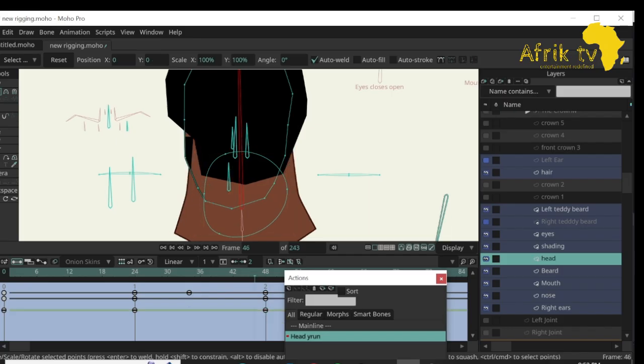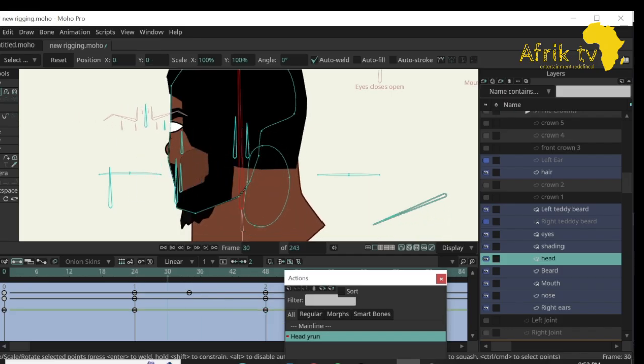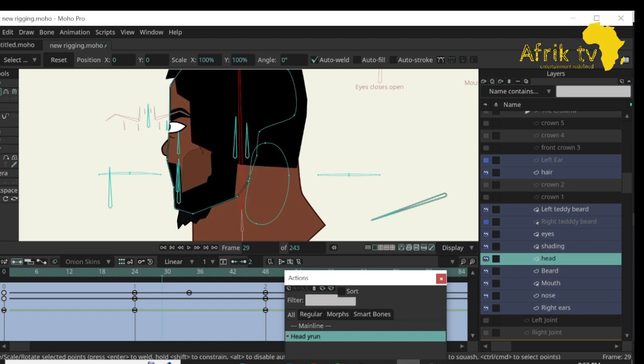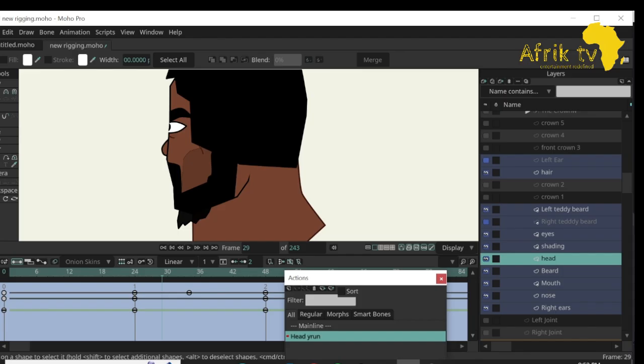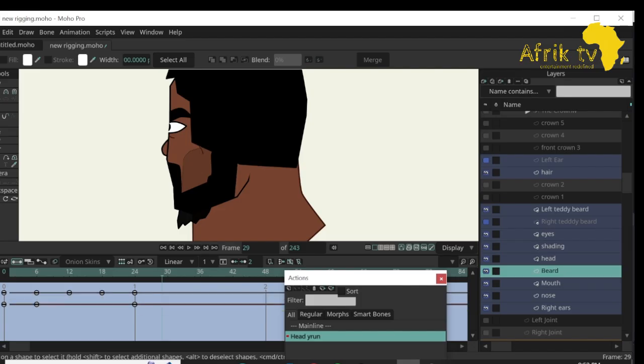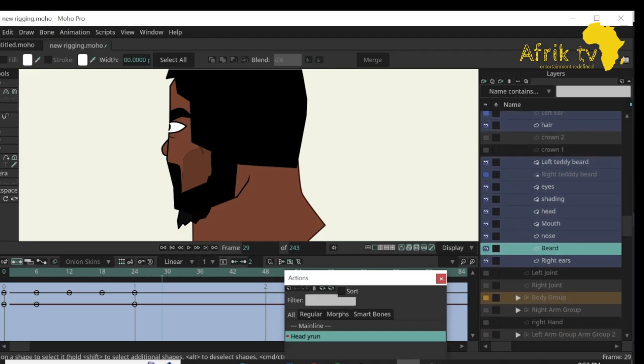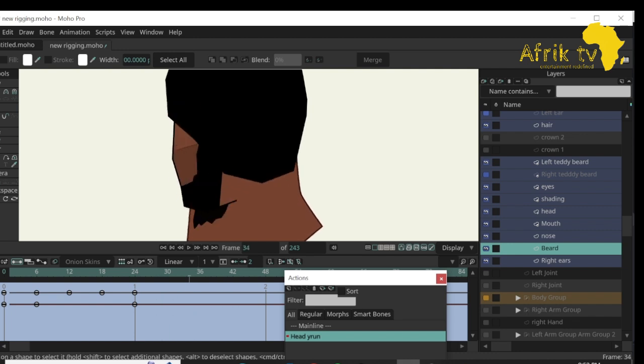Now let's make some adjustments. First, at this point we said the beard should go to the back, so we're going to take the beard, which is the mouth, because the beard is on its own, so we're going to take the beard to the back of the head. Take it to the back. Okay, so I can see where the issue is coming from. I know where the issue is coming from, and we'll try to fix it, but that would take another